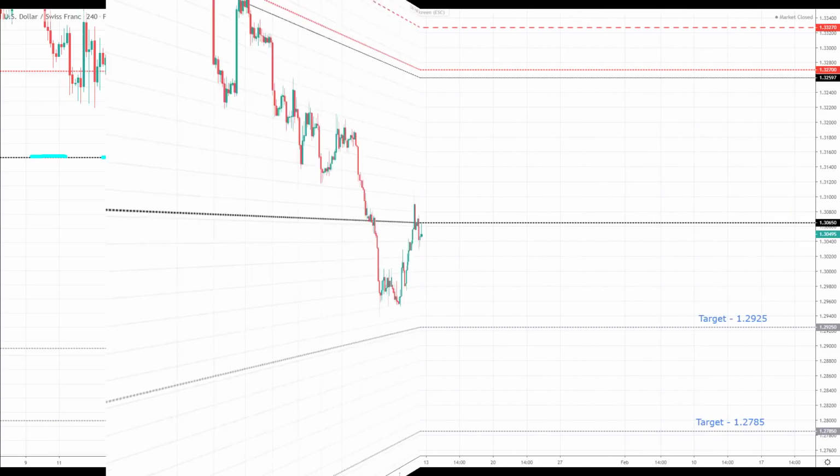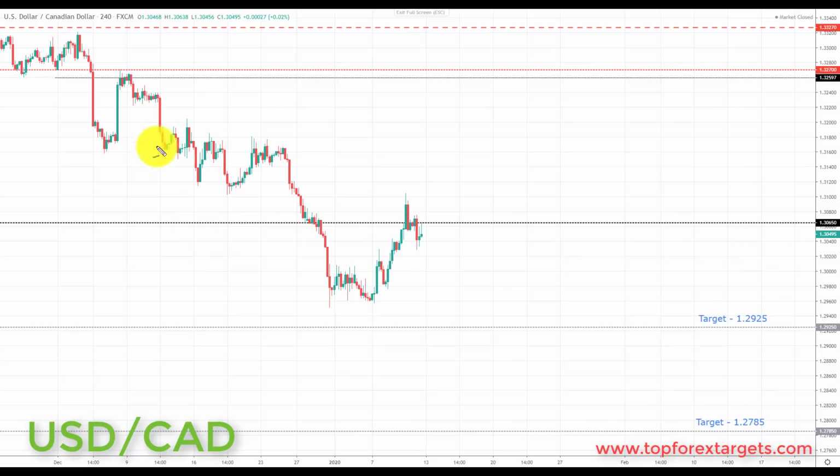So next market that we're going to look at is the US dollar CAD. Now last week we highlighted the key area of broken support, looking to turn resistance at the 1.30650. We did get a pullback to this area, and now going into next week, this is a great place to start to look for those bearish formations and patterns.